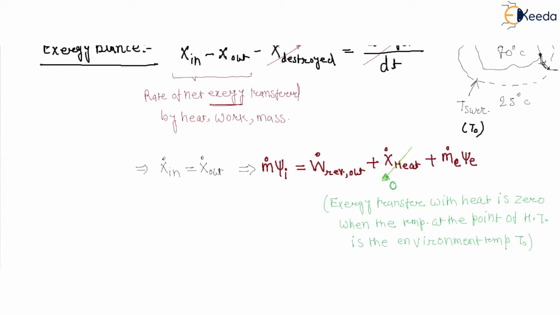Because we know the exergy for heat transfer is Q dot times (1 minus T naught by T). If this heat transfer is at T equal to T naught, then this is zero. Why? Because this heat transfer to the surrounding is at this temperature. We take the immediate surrounding, so this is zero. So keep in mind, when we have reversible work out, this is the work potential.